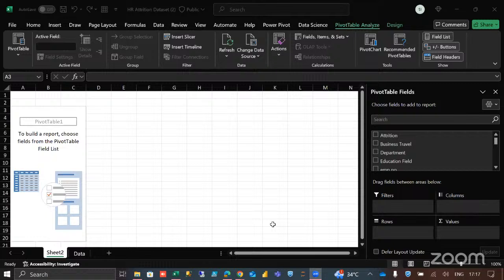So yes. We'll click on summarize with pivot table, and then we'll click on OK for the dialog box that it brought us. Right. Now, what we want to do is to start carrying out our analysis. So let's